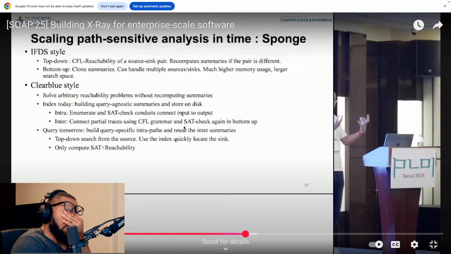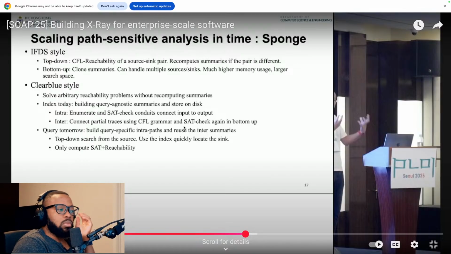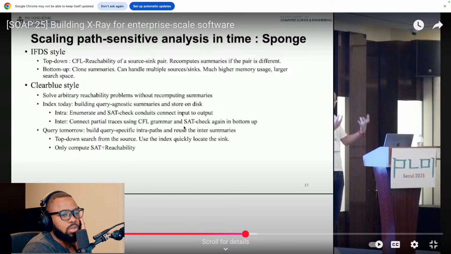Because now you can query for a particular region of the program with the top-down approach, and you don't have to load or process whatever nodes or edges are irrelevant to the search or query of the slice.